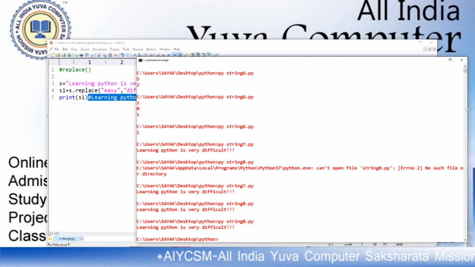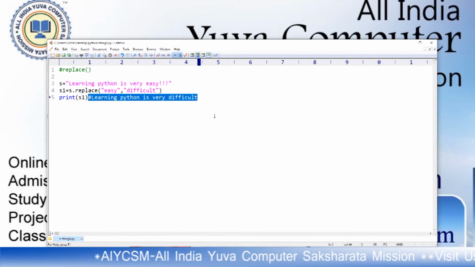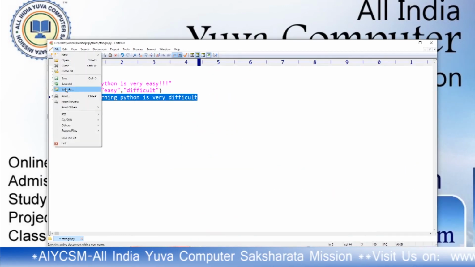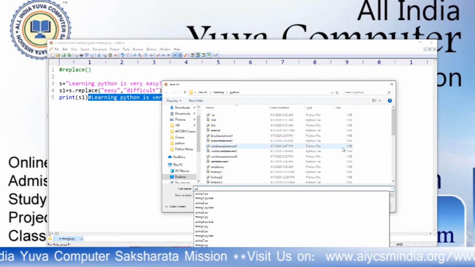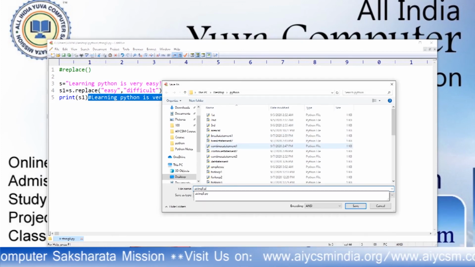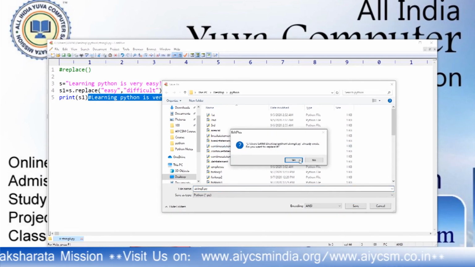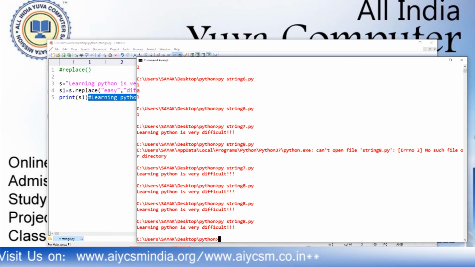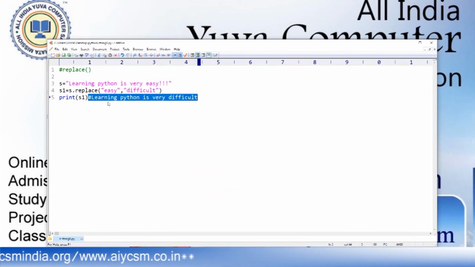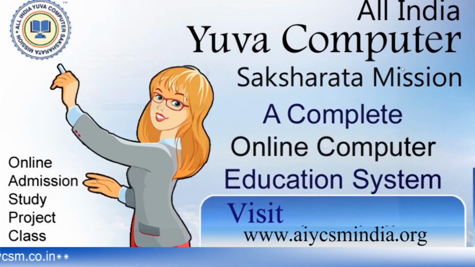No, still it is not working. I can save it under a different name. Save as string 8.py. You can save it and override it, then run it. Okay. Oh, where is the program?